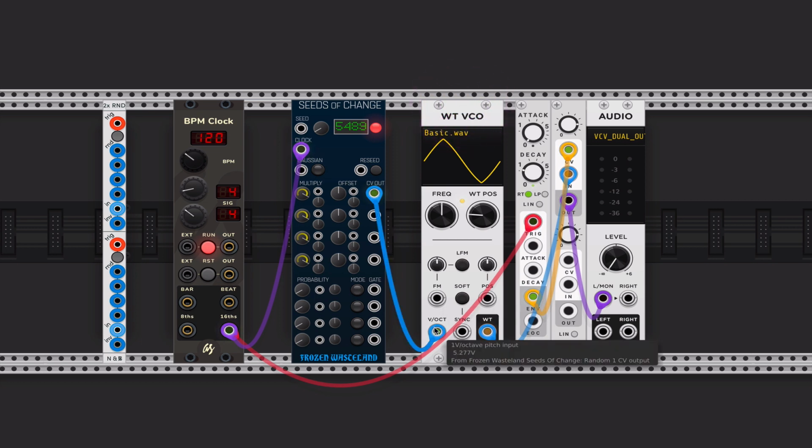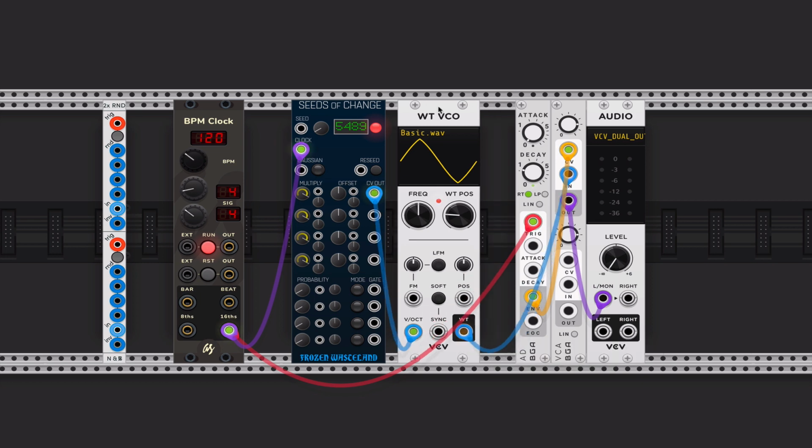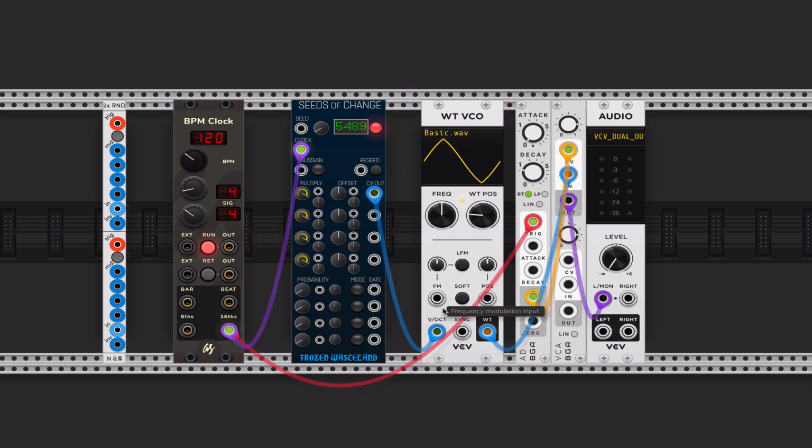What do people call that? Do they call it VOCT? Voltage per octave input, yeah, or well, it's a 1 volt per octave pitch input. There's got to be a colloquial shortened term for what people call them. We're going to call it VOCT. We'll go in the VOCT, and